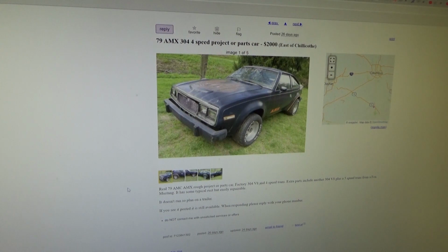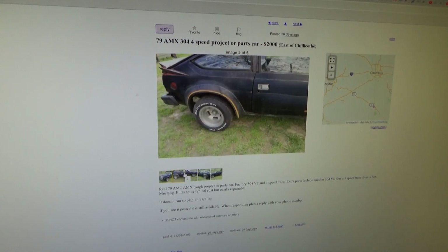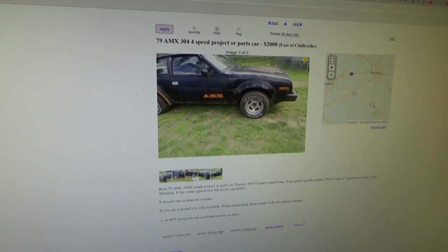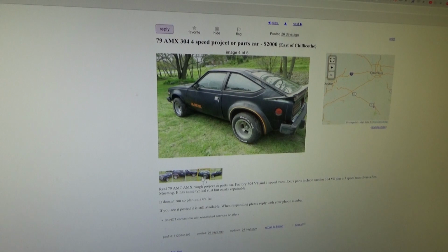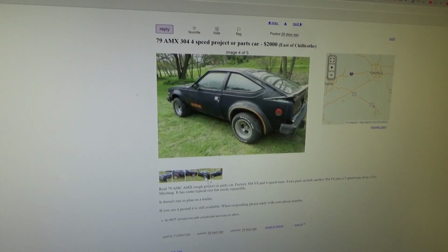This is the 1979 AMC Spirit AMX. This was the very first picture I saw of the car. It's got a really cool stance to it. It's kind of got a big bulldog stance. Gigantic tires on it. Really cool looking car, really unique. Honestly, I don't know that I've ever seen one of these on the road. And as somebody who likes really weird, unique stuff that really appeals to me,